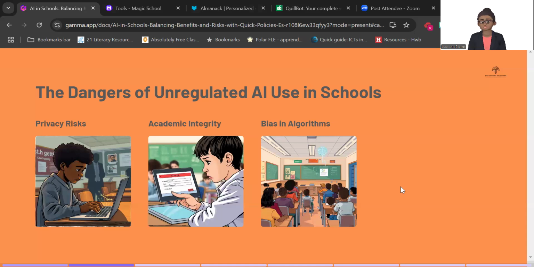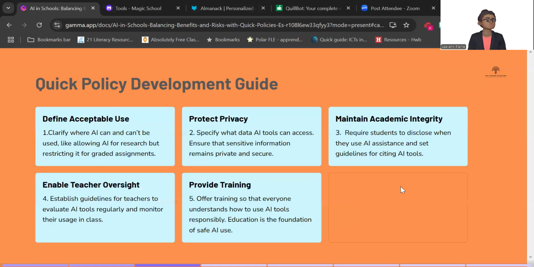And so I'm hoping that this quick policy development guide does provide some sort of framework to help you as an educator within your institution to encourage your staff to develop these policies and recognize that they're not so difficult. Furthermore, at the end of the presentation, I will be sharing sample policies that you can take and use as a template. But what are some considerations when developing a policy in terms of AI?